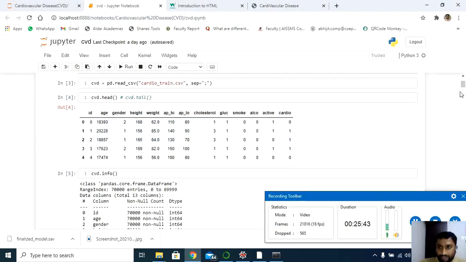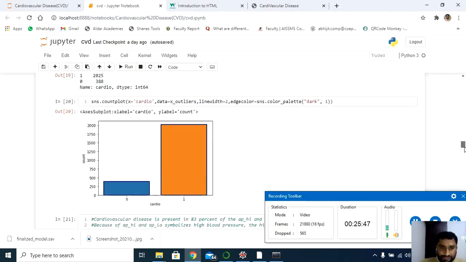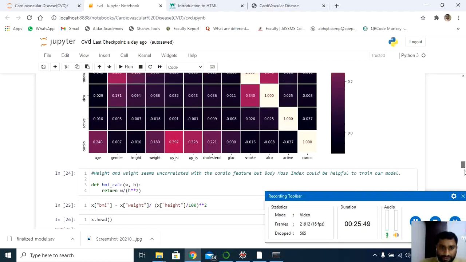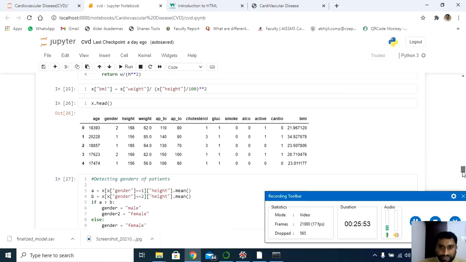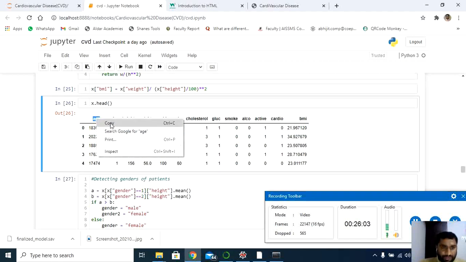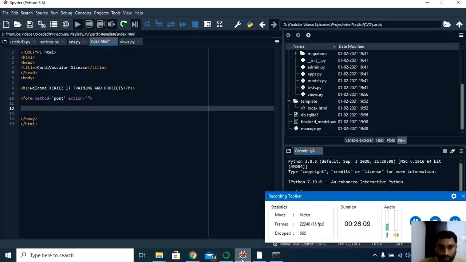So let's go to the last section of this Jupyter notebook where I'm going to get all the features. Yes, this is it. We need to call all these features here. Let's take them one by one. First I'll just demonstrate one, and after that I'll pause the video because this takes a lot of time.